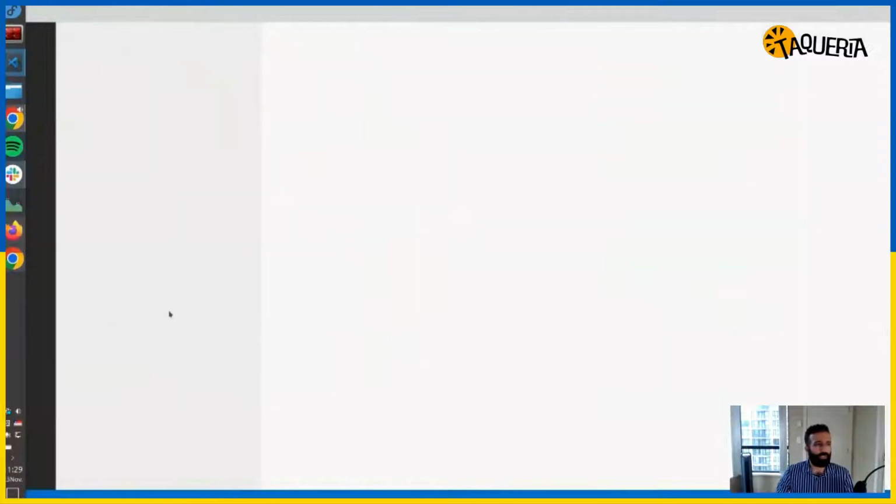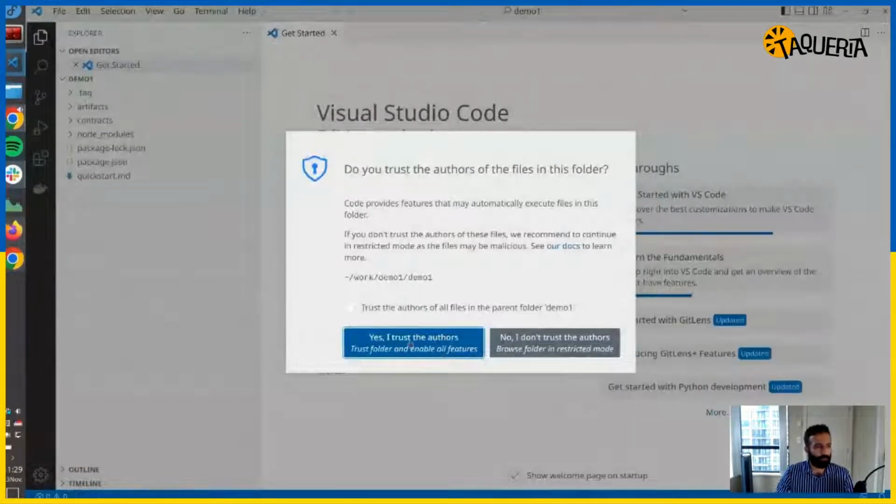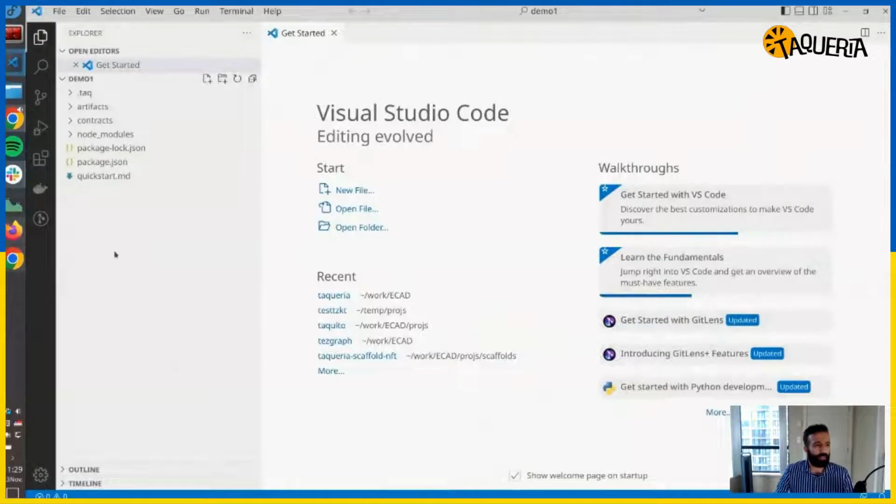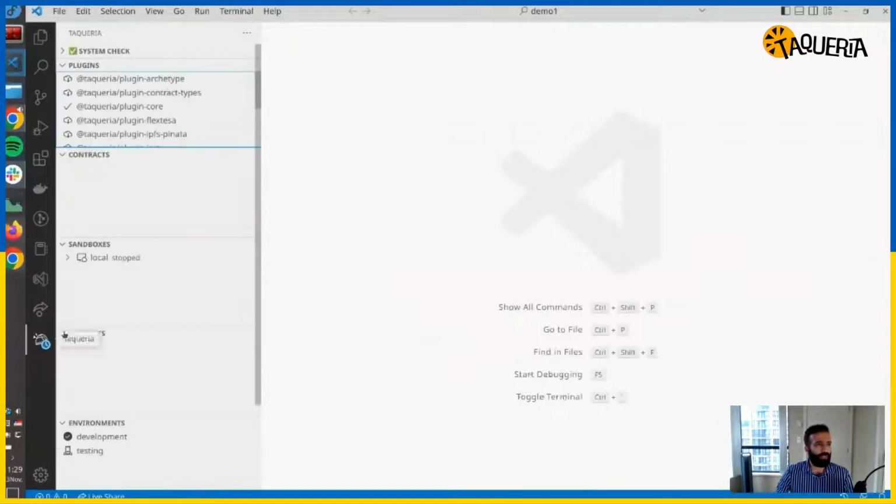So yes, this is the same project structure that you would see when you run tq init from the CLI. But here you see that the Taqueria extension's view is changed